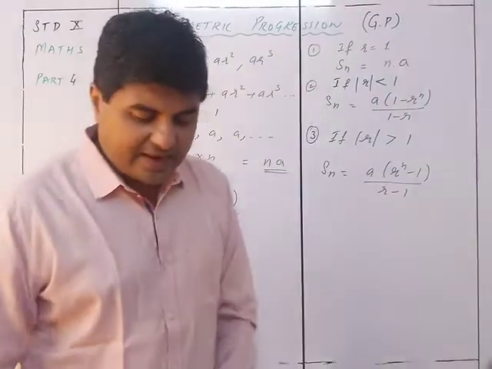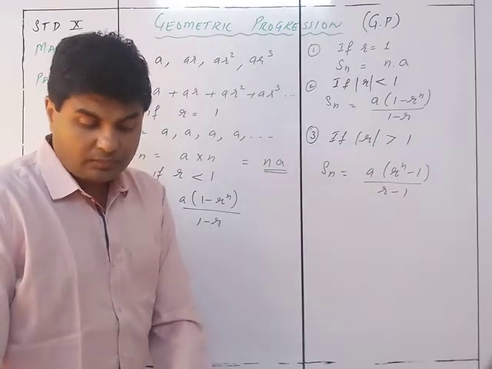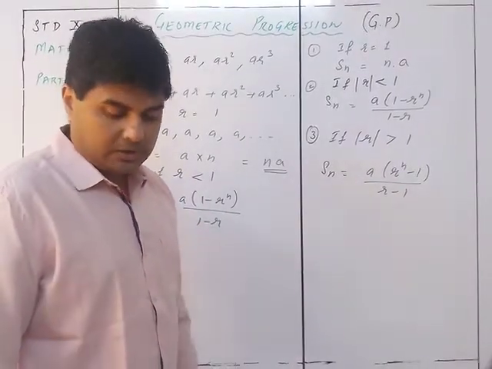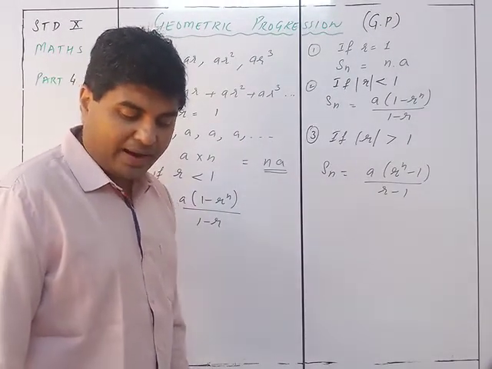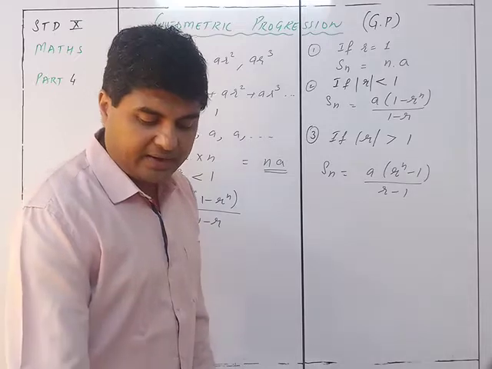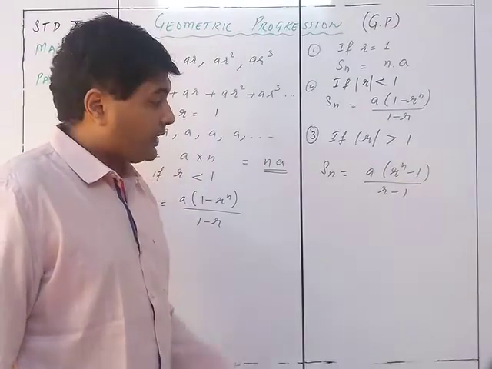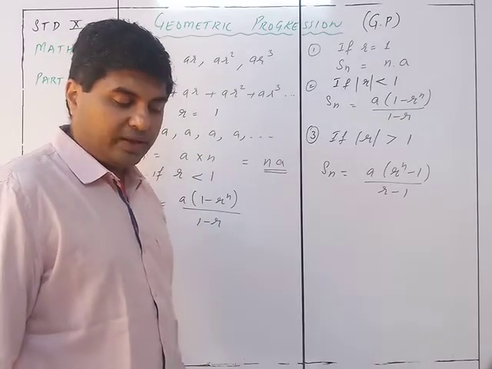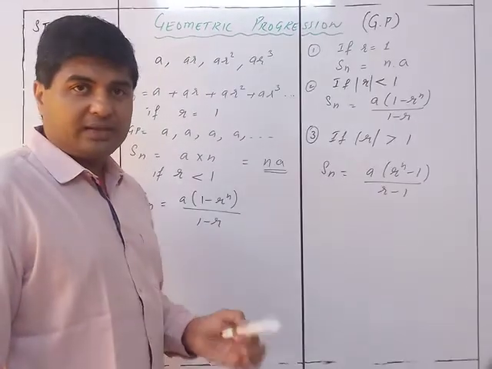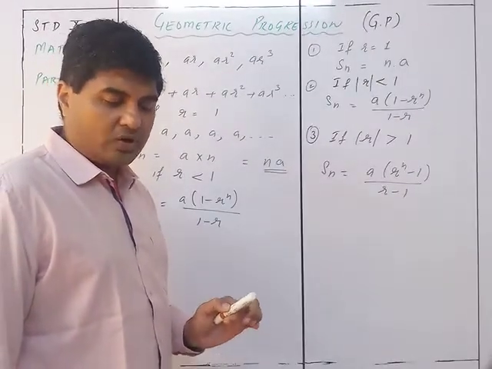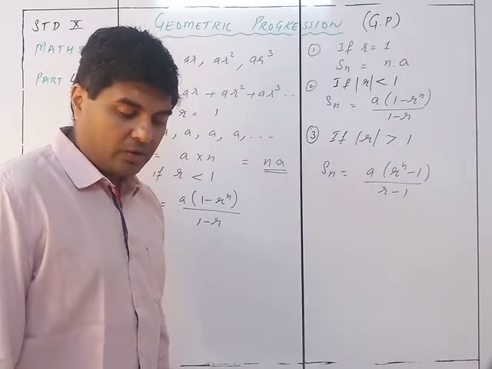Okay, so you can see that always you are going to take the value of R as an absolute value. So if the value of R is minus 1 upon 2, then R will be taken as 1 upon 2. Accordingly, whenever you are taking any particular values, you are going to take the absolute value. But while solving the sum, you are going to take the negative sign into consideration. You cannot exclude a negative sign if the value is negative.